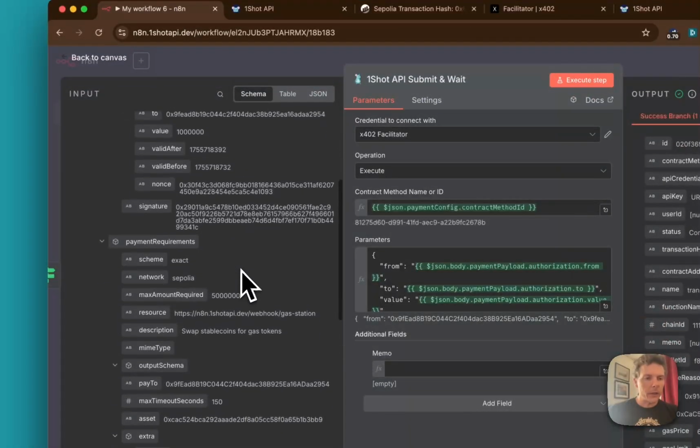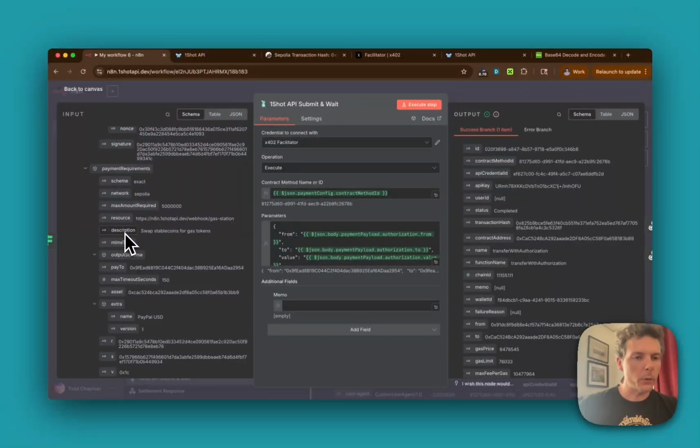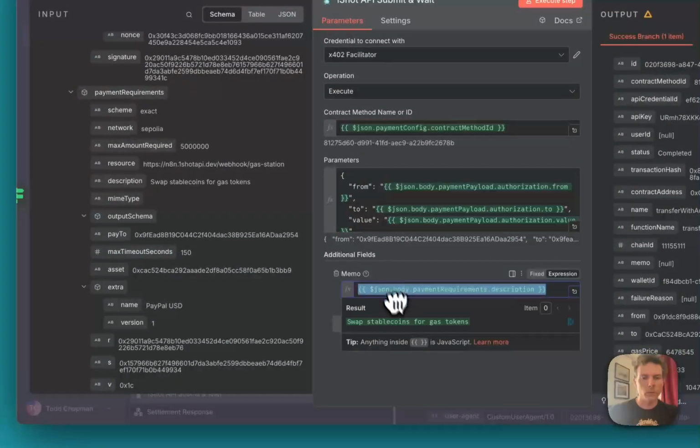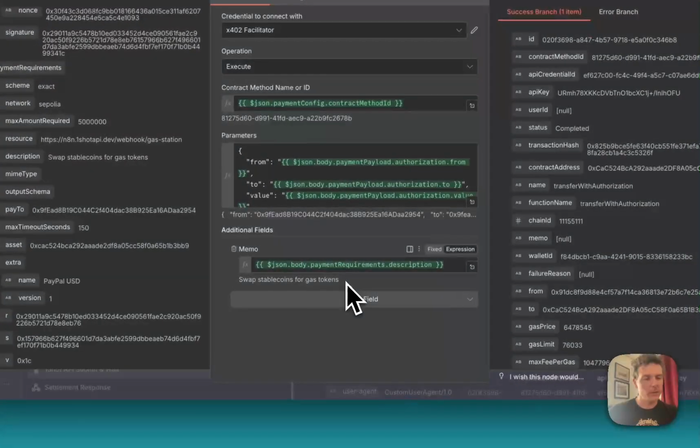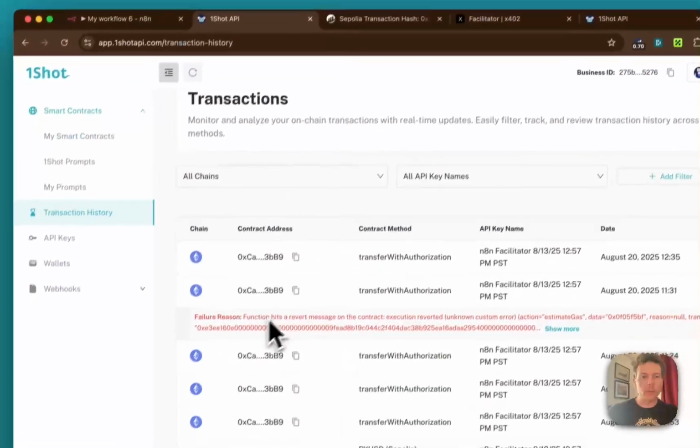So for instance, I could put as a memo the description of what was paid for, because this is part of the payment requirements specification that's given to the facilitator. Then if I submit transactions to this facilitator, it will record those in the memo field